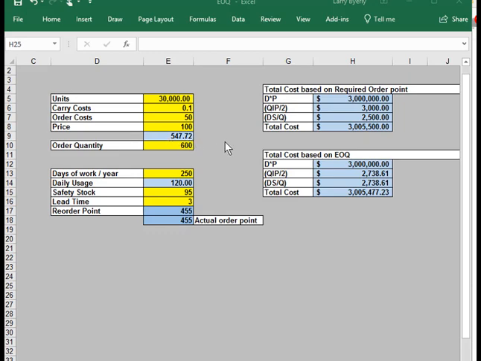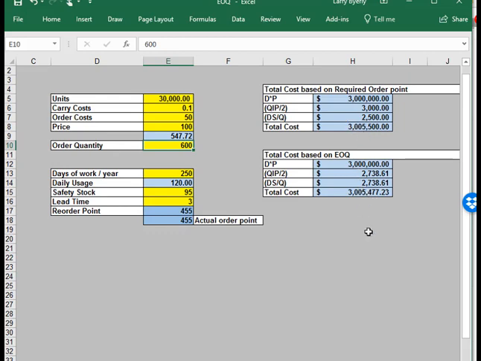So at 548 units, what would it cost to have the inventory? Well, in this case, roughly costs $3,005,477. However, this company also has an order quantity so that if they order 600, they can get a lower potential price. So if the order quantity were 600, again, the total cost is just roughly a little bit more, but you can see it's about $132 odd higher than what it would be if they just ordered the